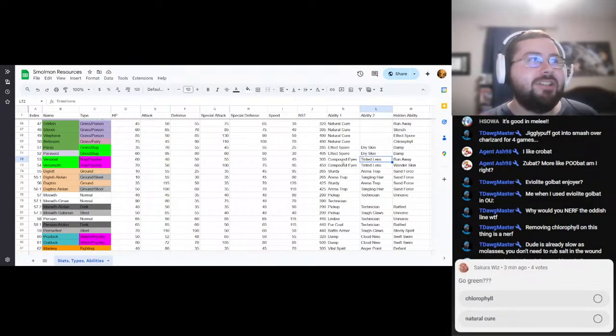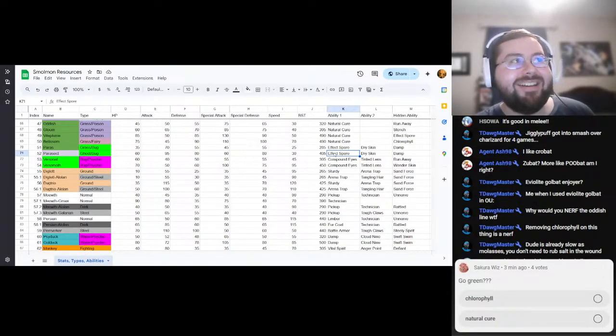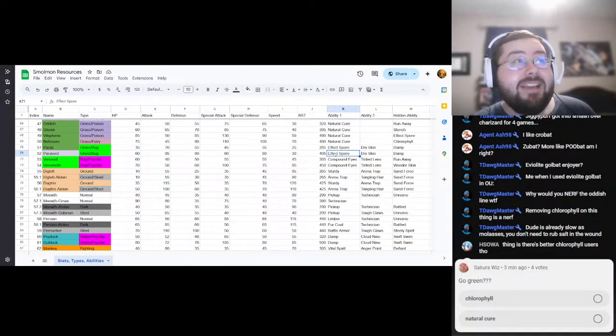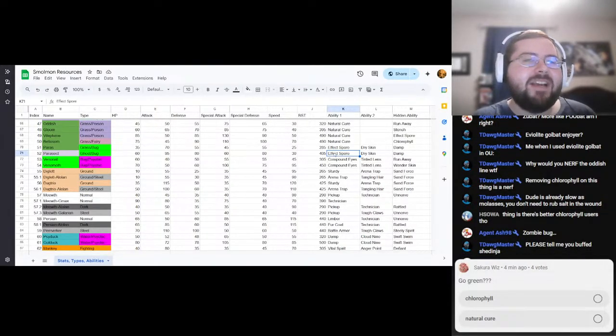One thing we could do to make Parasect a little crazier is we could give it Parental Bond, if you guys want to see that. Spoiler, I did give some stuff Parental Bond as an ability. But I think Effect Spore is really nice for a more defensive Pokemon. Damp is completely useless, but it's a damp boy. And then Dry Skin is a good ability, so...